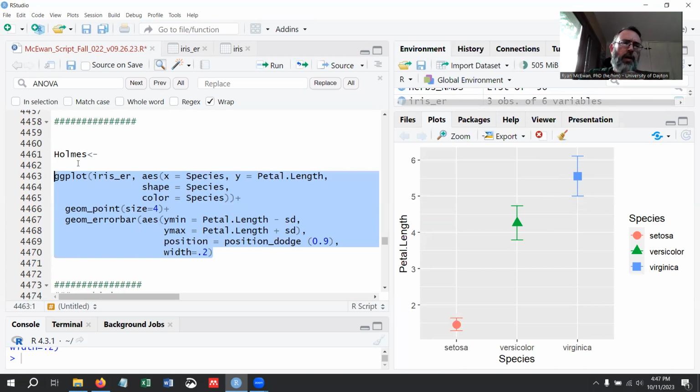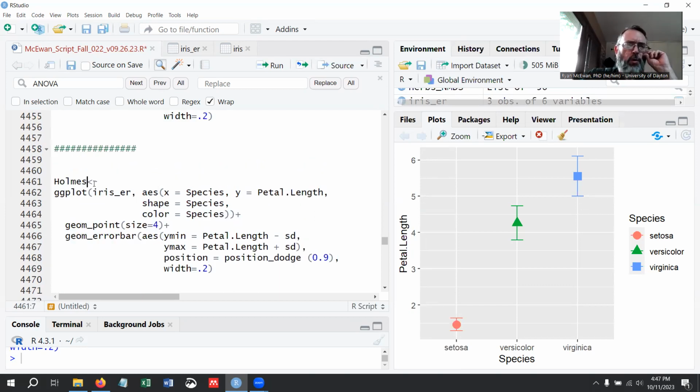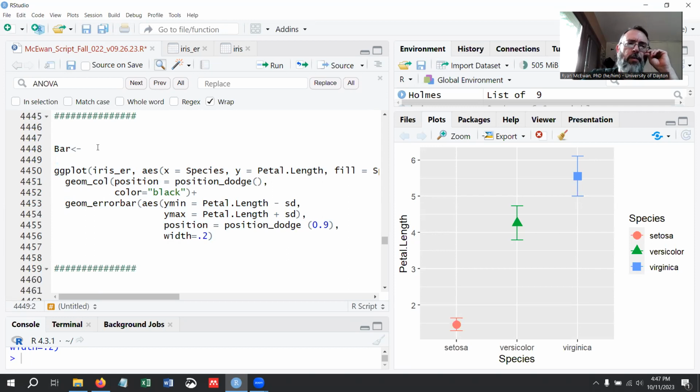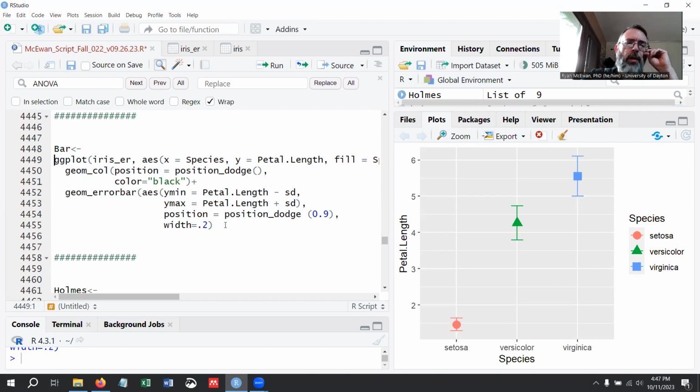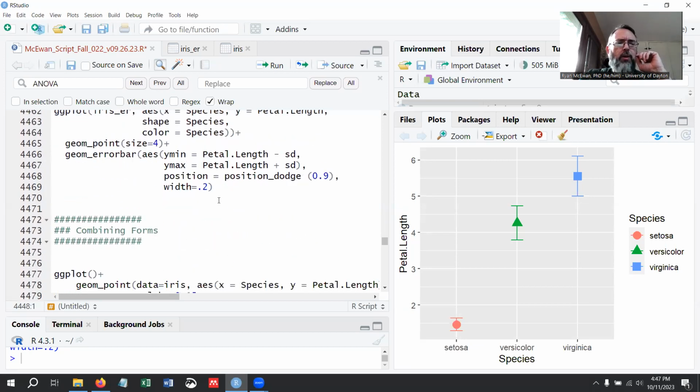Now we can compare and contrast these, and I think it is useful to do that from just a conceptual perspective. Here I've written the word Holmes, because I'm calling it a Holmes plot, and you can run this. This is just defining all of this graph as Holmes, and here we can do this bar chart. See, I've written the word bar up here and put this little caret here. You don't need this to create the graph at all. In fact, it's not helpful, but what you can do is define it this way, and then we can take a quick look using